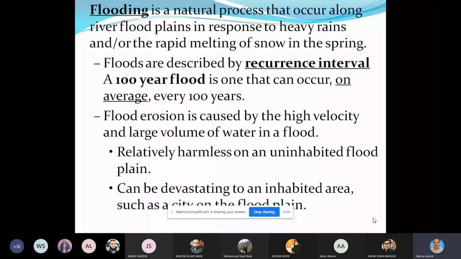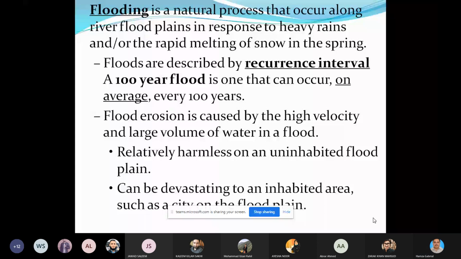But if you have some human interventions like cropping in the floodplains, or if you have some property built up area in floodplains, then it can prove to be harmful. Otherwise, floods are harmless when there are no human interventions in the floodplains. And also, their positive side is that they replenish the groundwater and they deposit nutrients in the soil layers. So you see the land becomes very fertile.